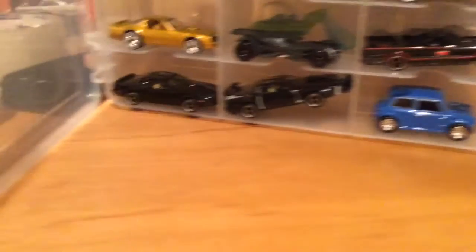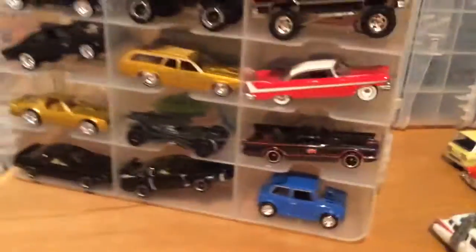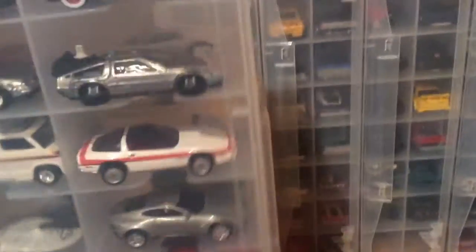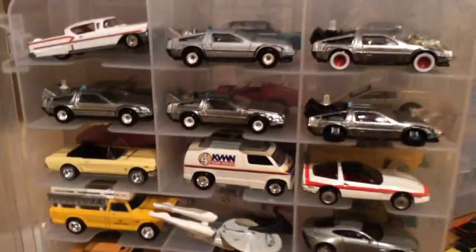Batman, Knight Rider, The Italian Job. So that's that side. I'd say I'm probably 40% complete on this, counting the new Forza and Gran Turismo. We got American Graffiti, got all the Time Machines,